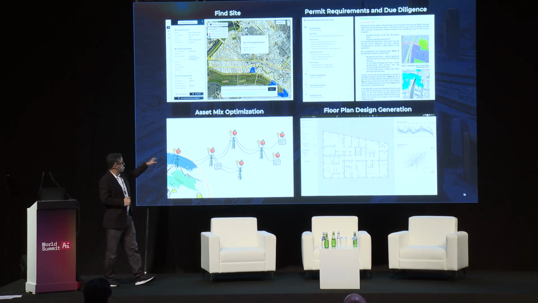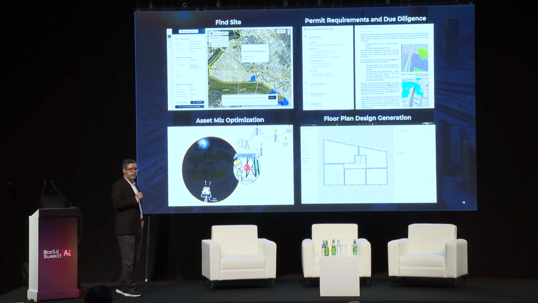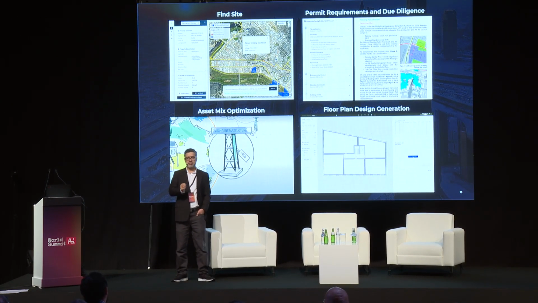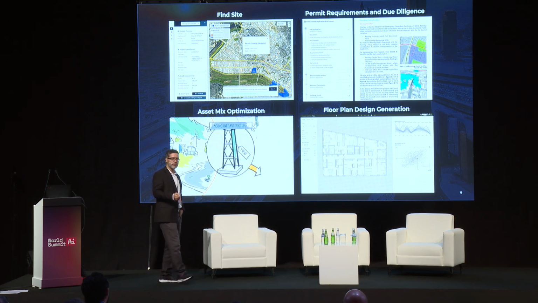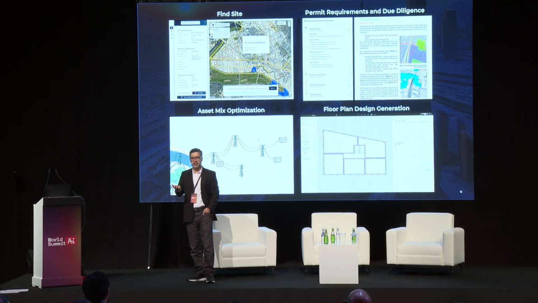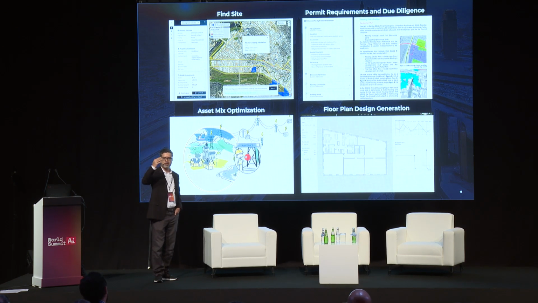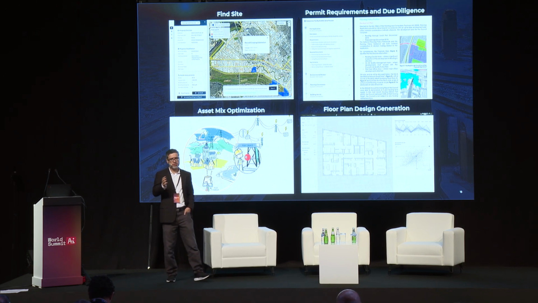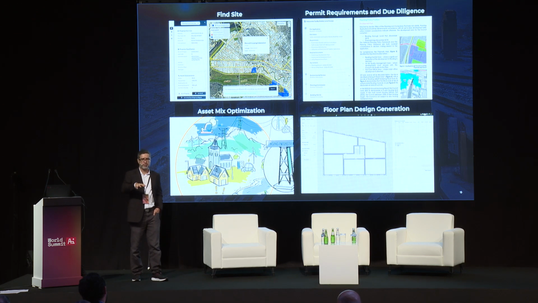One of my favorites are asset mix optimization and floor plan. Because asset mix is a really good, important thing if you are building a community. Why is it an important thing? Because first of all, you want to maximize your investment. You want to see how many will be residential buildings, how many can be commercial buildings, what should be the typical capacity of these residential buildings or can sustain, keeping in mind the infrastructure that is already there. Keeping in mind your road network, your electricity, your gas, waste collection, all these things, you want to maximize your profit, at the same time make sure that the infrastructure can support it.